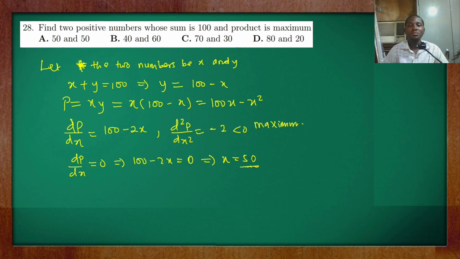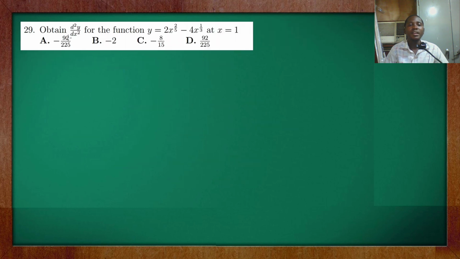All right, so for us to find the other number, that means our y is going to be 100 minus 50, which is 50. So the numbers are 50 and 50. So the correct option to this question is Option A. So question 9 said obtain the second derivative of y with respect to x of the function